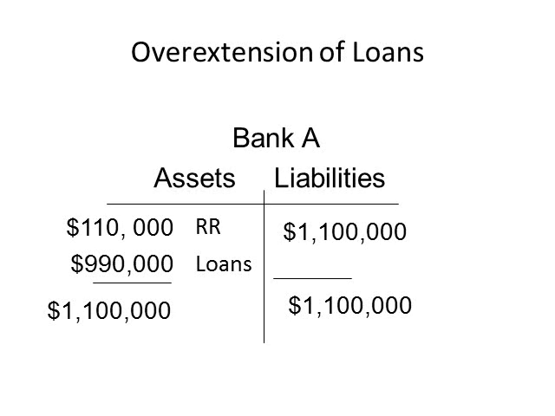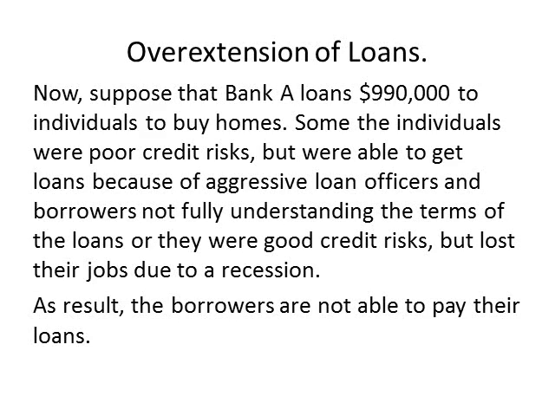Let's suppose that our bank has the following budget or balance sheet. The bank has assets of $1,100,000 in loans and required reserves. The bank also has liabilities of $1,100,000. According to accounting principles, for a solvent bank, or a bank that is in good financial health, the bank's liabilities should equal the bank's assets. Thus, our bank is financially healthy because $1,100,000 in liabilities is equal to $1,100,000 in assets.